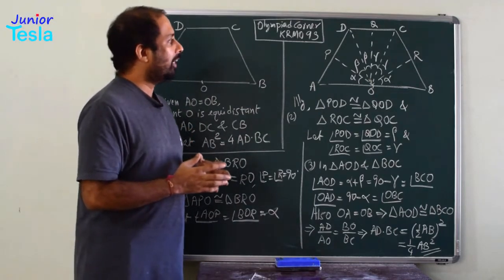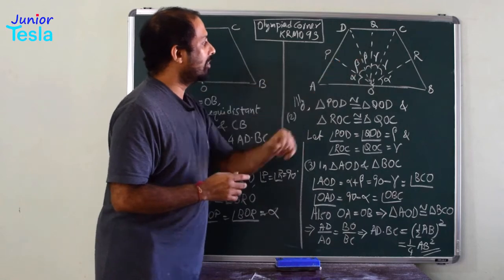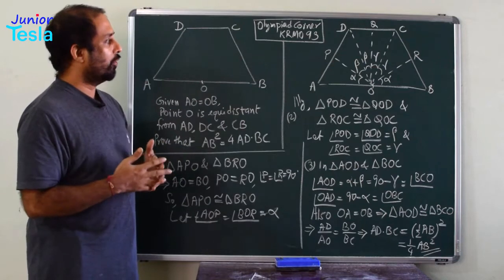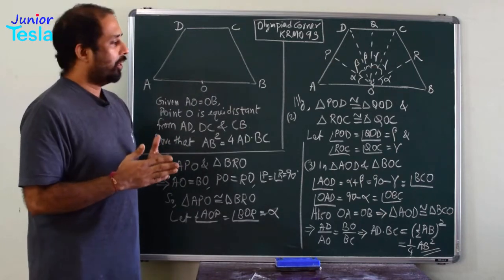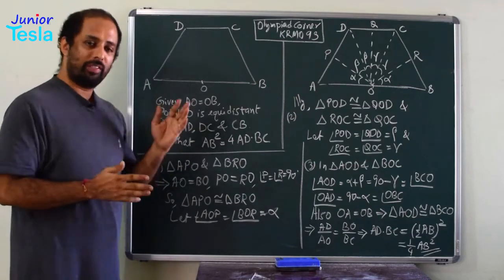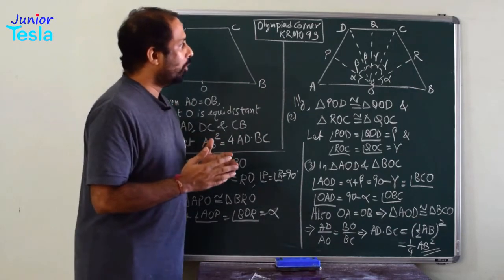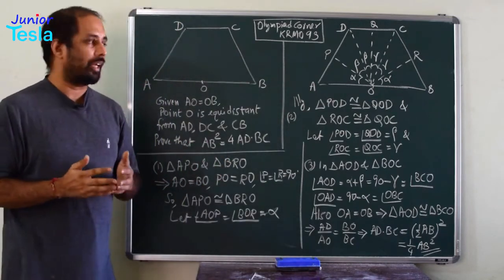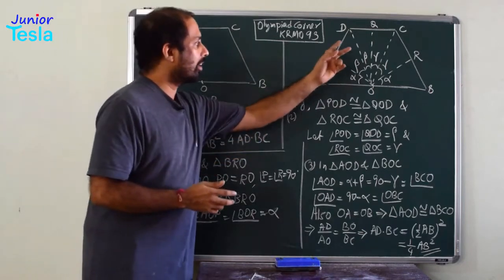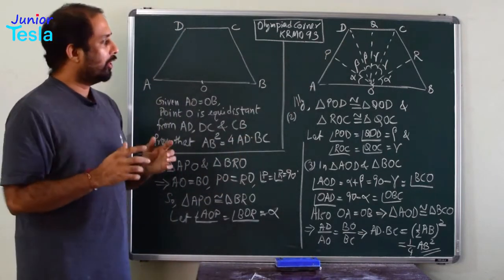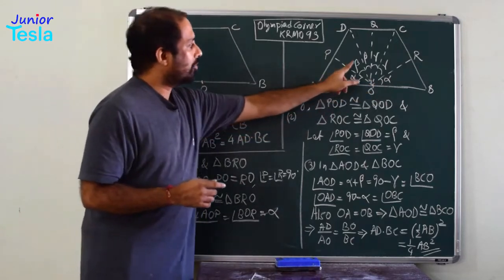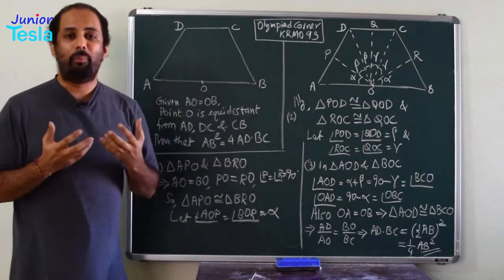Now, similarly, if I take these two triangles, OPD and OQD, OD is the common side for both the triangles, and OP is equal to OQ, which is given. Then angle OPD is equal to angle OQD, both of them are 90 degrees. So, you can again use the same properties and say that these two triangles are also congruent. Now, I will call these two equal angles alpha. Similarly, these two equal angles are called beta.